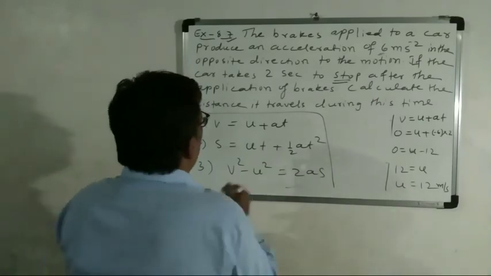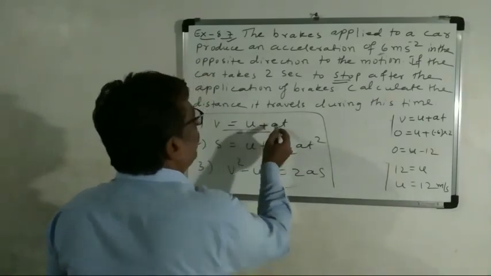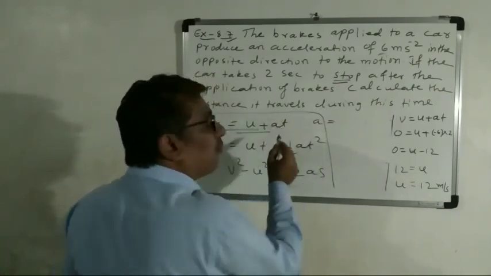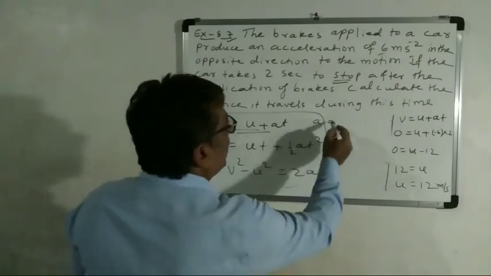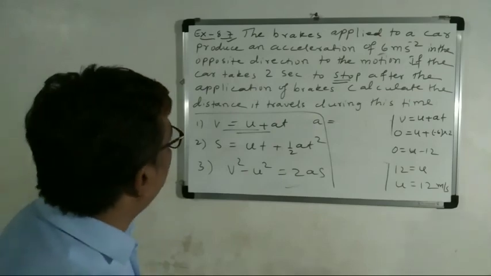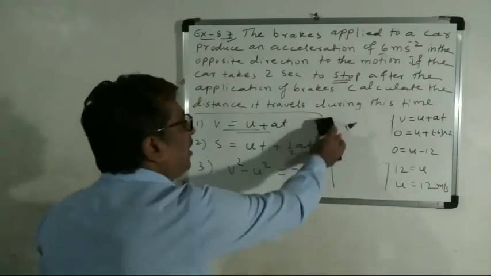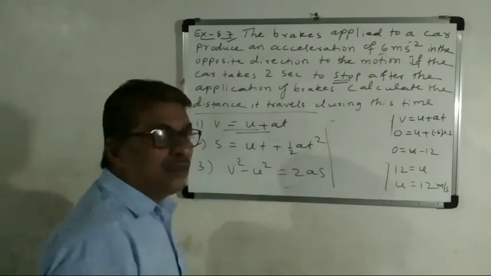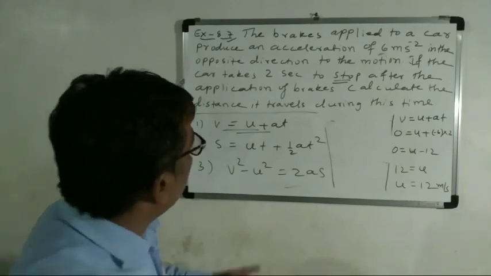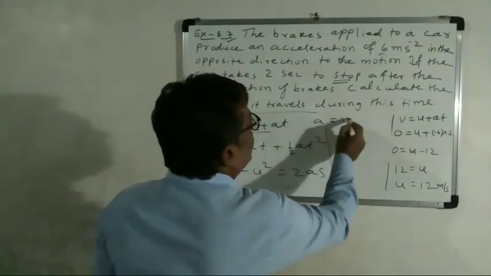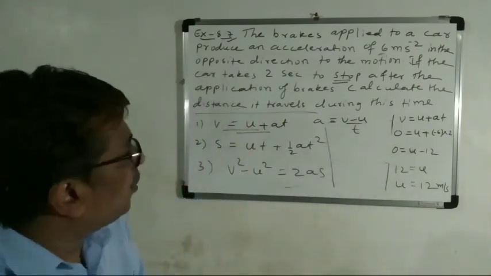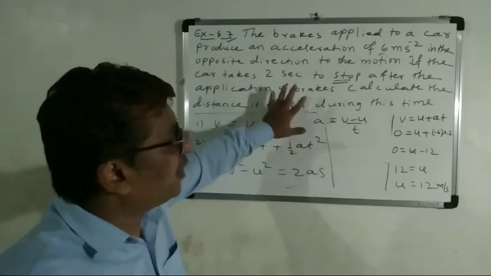And here, whenever you are finding the acceleration, you can rearrange the same thing. A is equal to what? V minus u upon t. So in this way also you can find it. Okay, students, like this you can alter these equations whenever you want. So these equations are so useful. So a is equal to V minus u upon t. Like this also you can change the equations. Okay, so remember all these things.